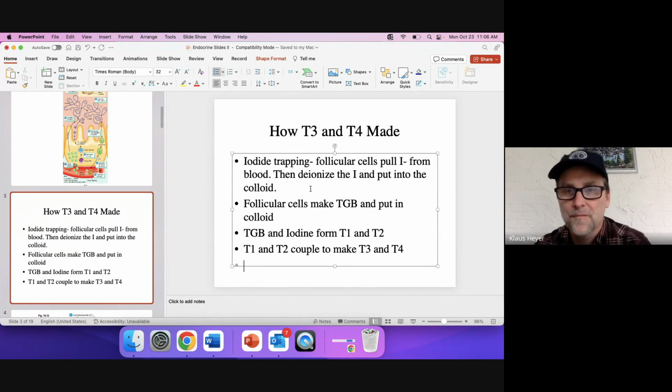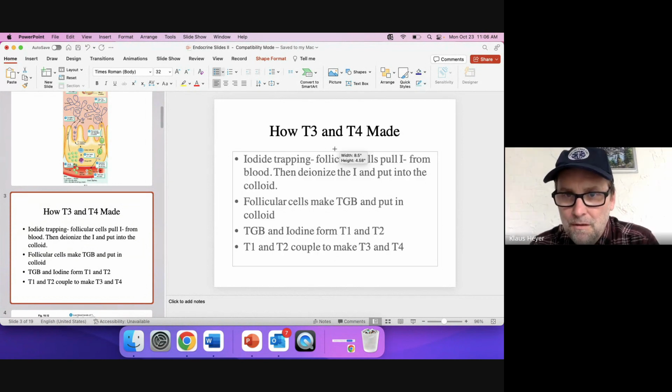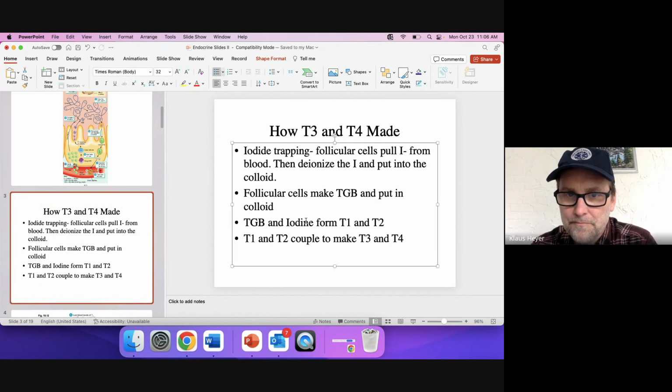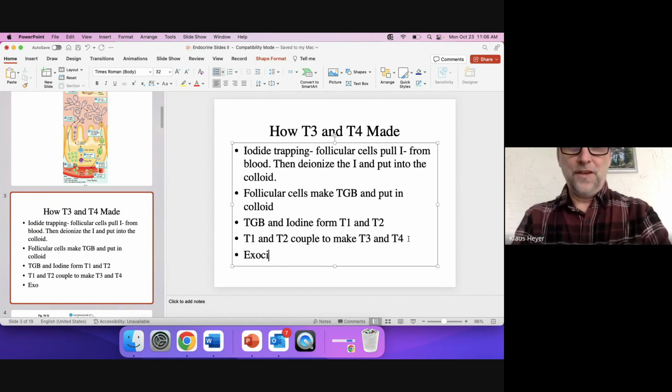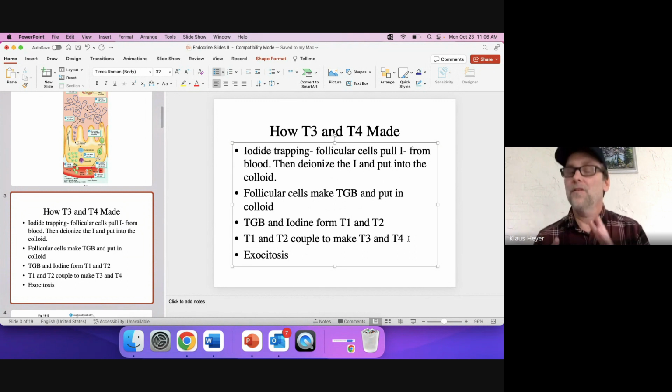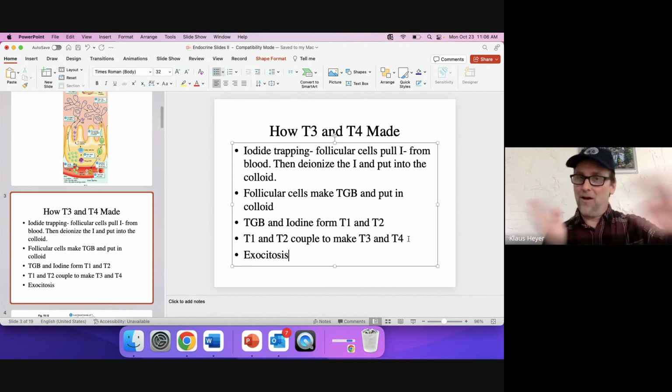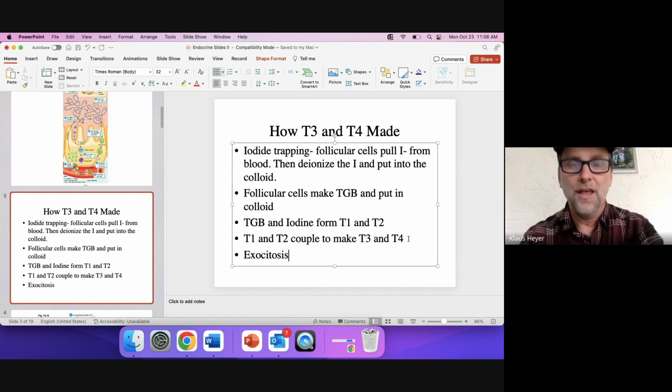Last step. Exocytosis. That means you're going to put something out of the cell, get rid of it, put it into the blood. Exocytosis of,